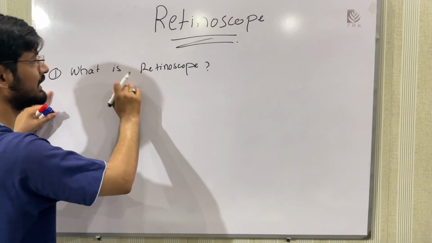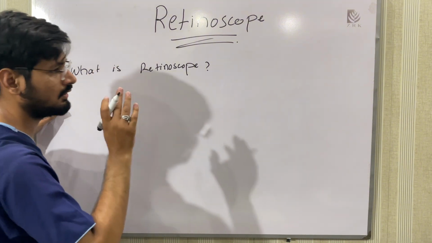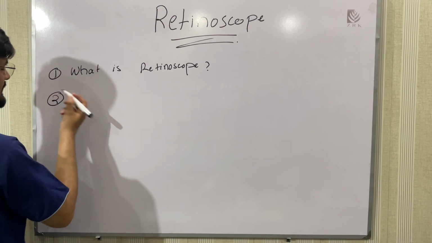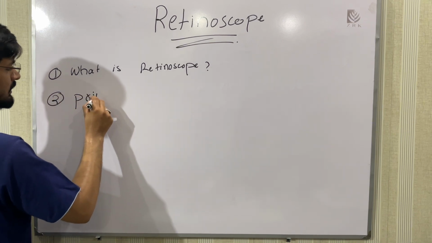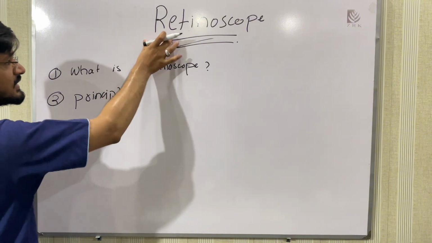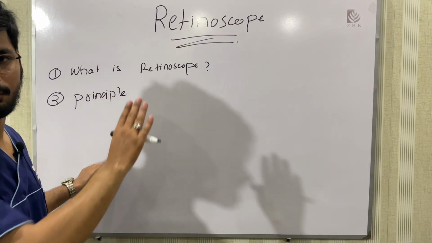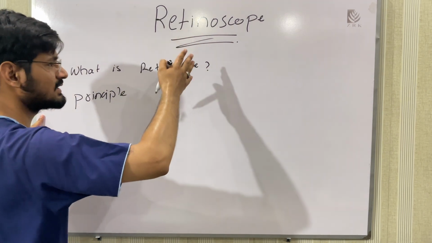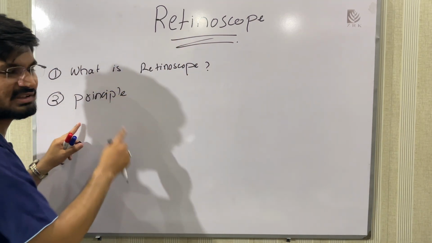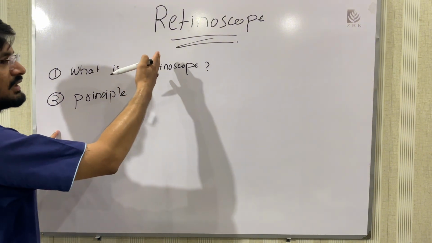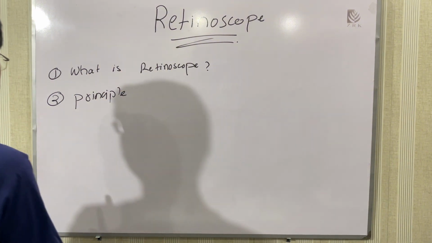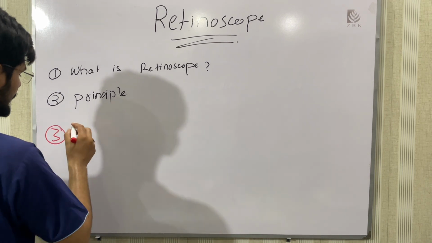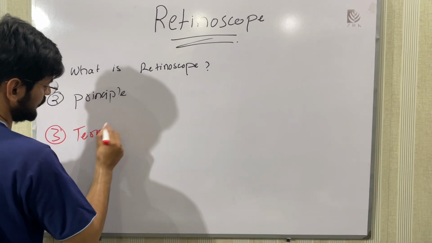In the first step, we will discuss all the information about this instrument. Okay. After it, we will discuss the principle on which this instrument works. First we discuss what this instrument is and how it works. Then we will come to its principle, the principle on which it is working. Okay. After it, we will discuss the terms and some important definitions